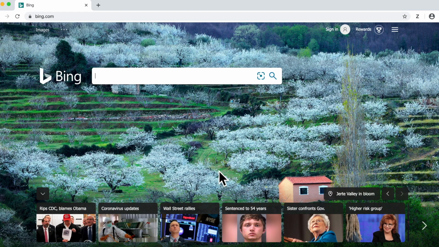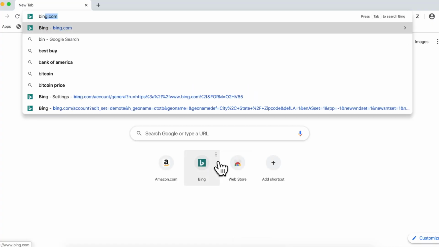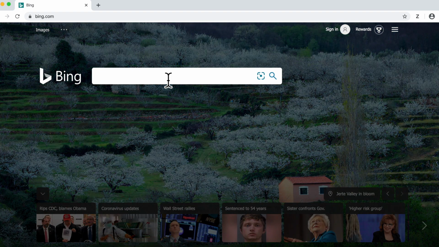Now, when you save it, guess what? Bing.com creates a cookie and sends it back to your browser. Your browser will save it locally. So now if I close it and I open it again, I'm going to type COR and I cannot see any suggestions. Now if I